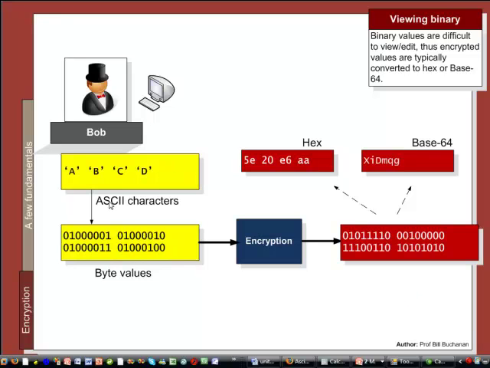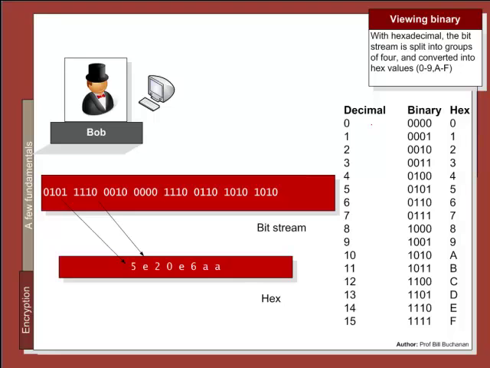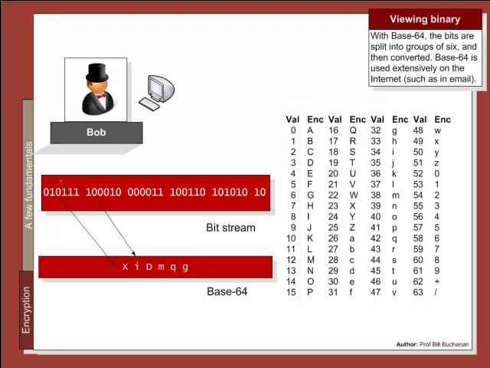So we can have a number of encoding formats, and encoding is used to take our standard text in this case and then convert it from a binary format into some other format. So in this case we have hexadecimal and base 64. For hexadecimal we split our bit stream into 4 bits at a time and then convert into equivalent hex. With base 64 we split 6 bits at a time and then convert that into our base 64